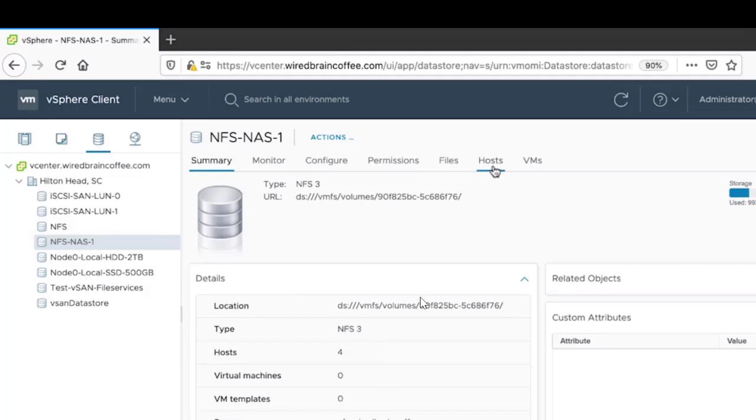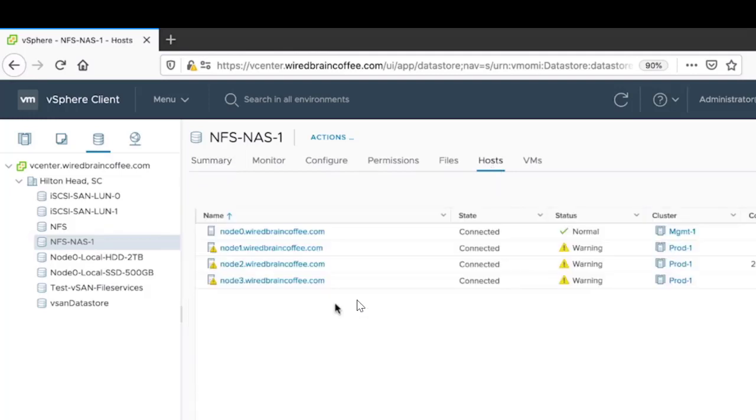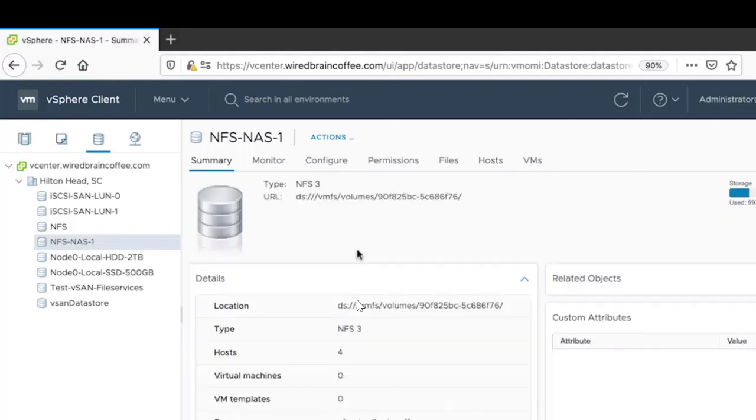On hosts, I have 4 hosts attached to this data store. On the summary, this is the NFS type, and you can see the name of the server, nfs.wirebrandcoffee.com, and the share folder is volume1/NFS-NAS1.